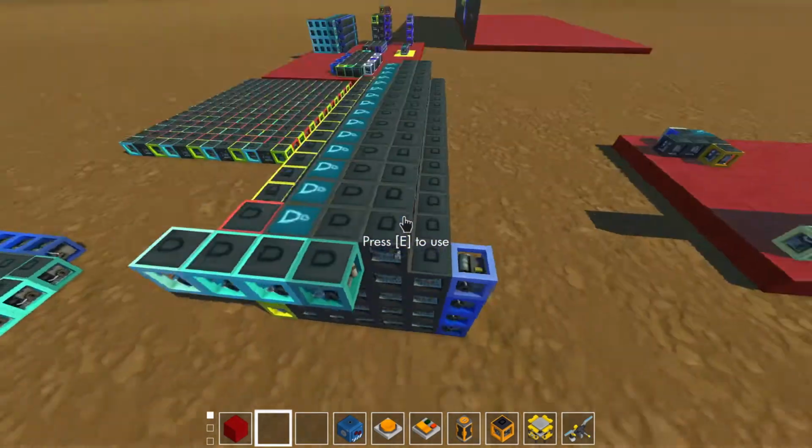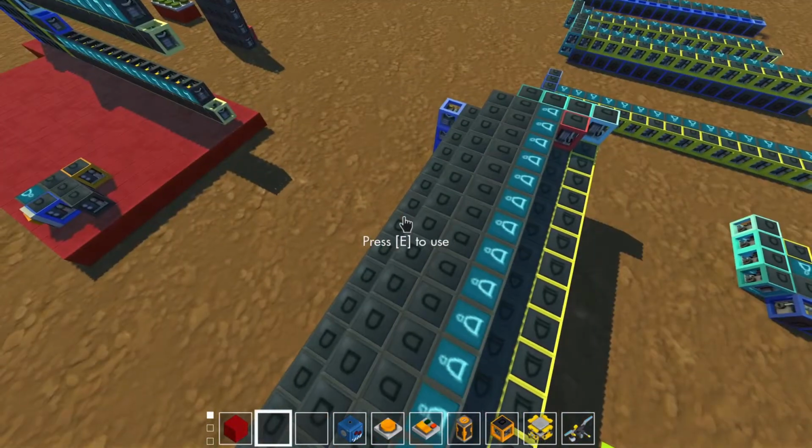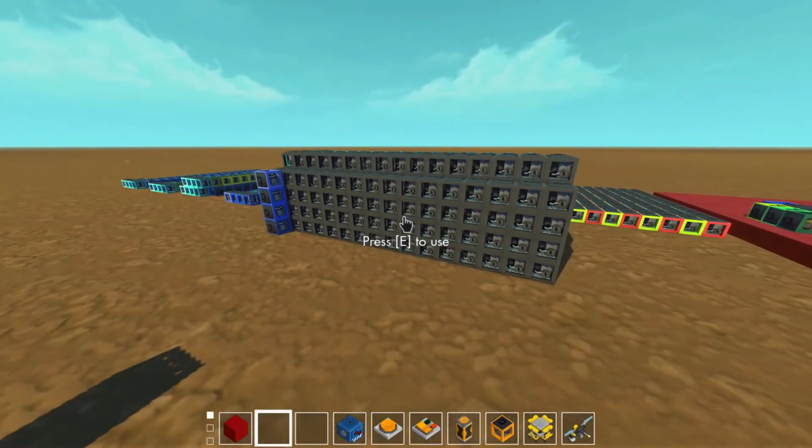There. So now all we need is the serial addressing system that clamps onto each one of these sub-banks, and